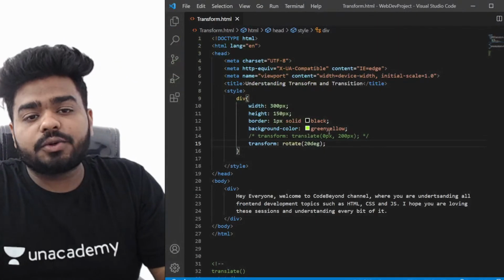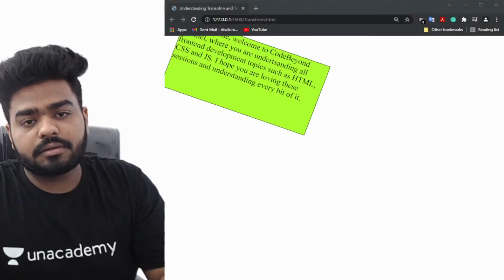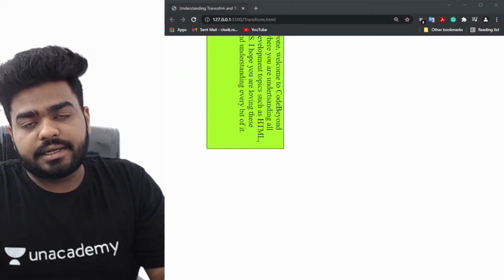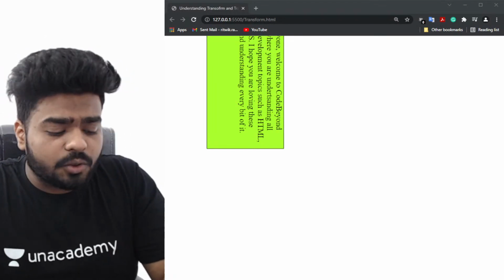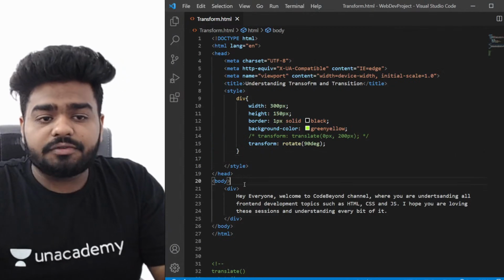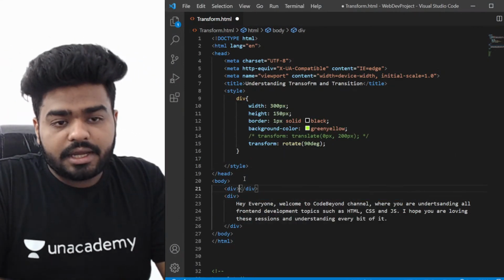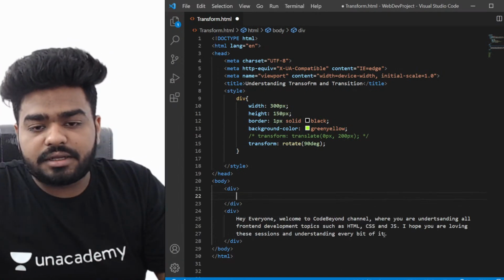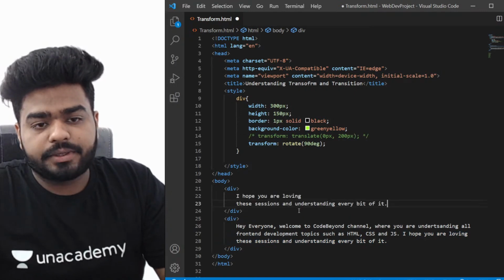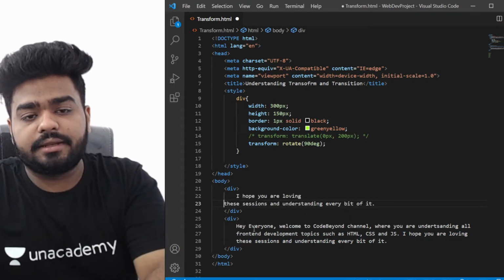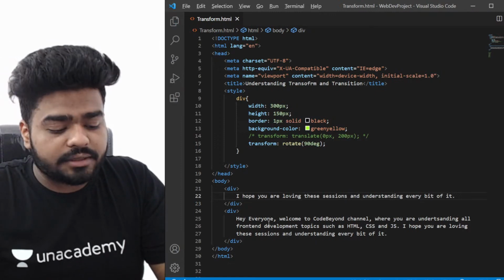If I go back to the code and make it 90 degrees, you know what's going to happen? This is 90 degrees. Fine. This is how it is rotating. But let's have a look at what's going to happen if I have another div as well. So let's say one more div, and I'm writing only this particular line in this div. Let's save this, and if you look at this now,